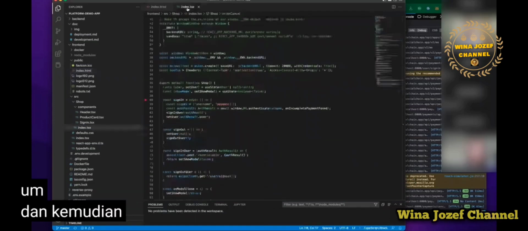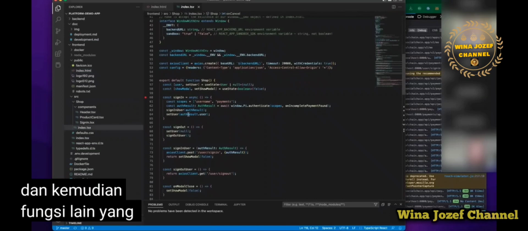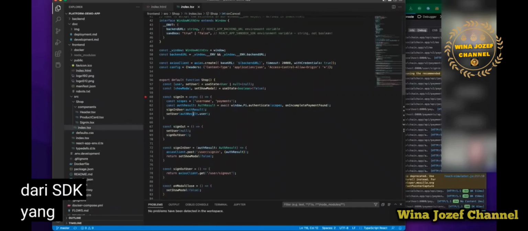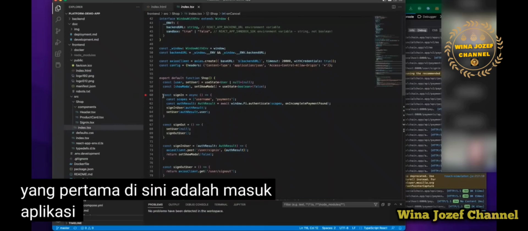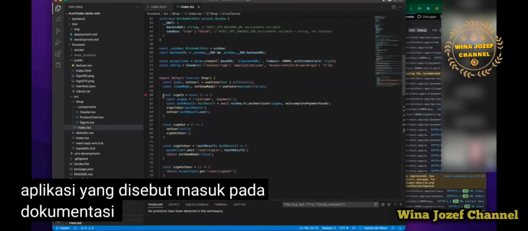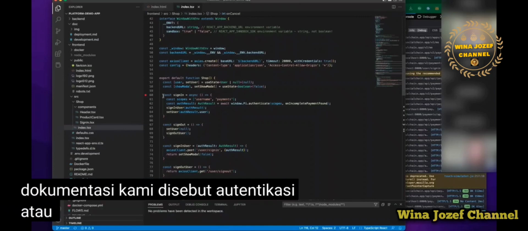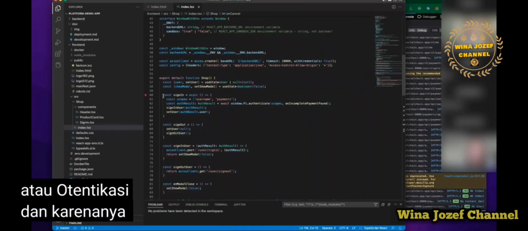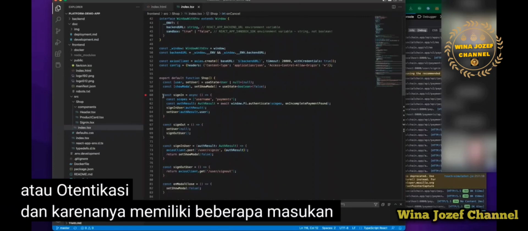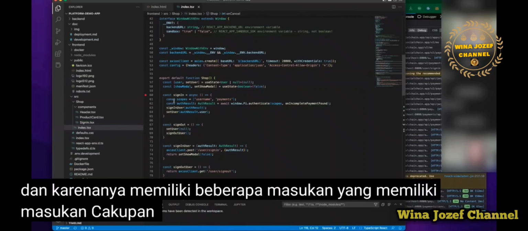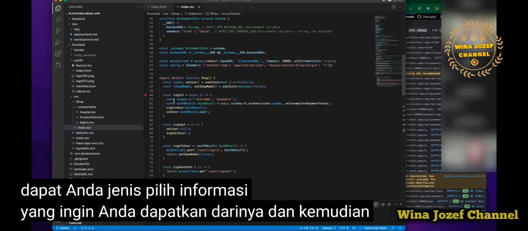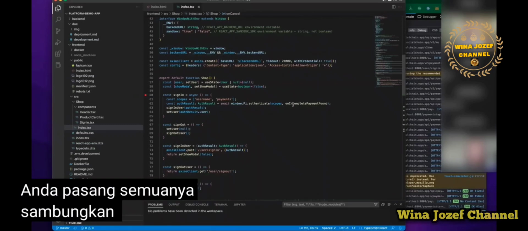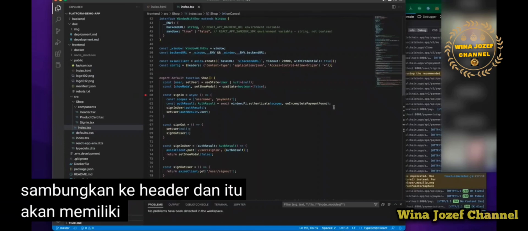And then the other functions that come from the SDK, the first one here is the sign-in. In the application, it's called sign in. In our documentation, it's called authenticate or authentication. And so it has a few inputs. It has the scopes input, which you can select the information that you want to get out of it. And then you plug it into the header, and it's going to have a callback function into it as